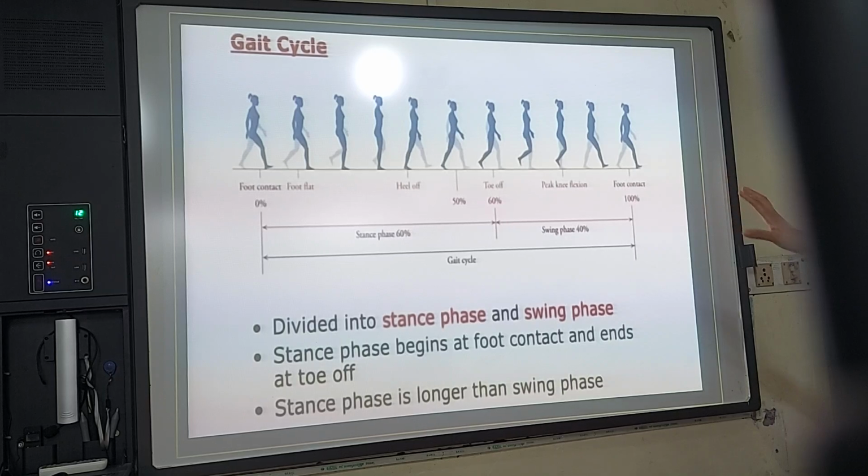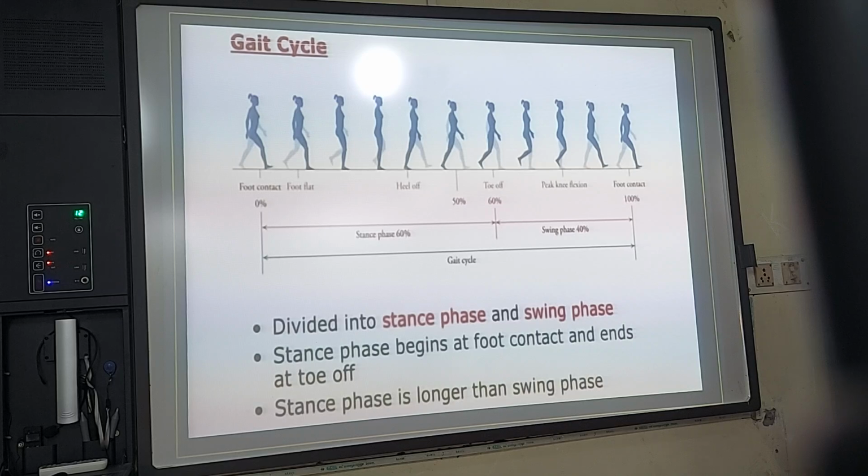Now let us revise it and put things back in their places. A gait cycle has a stance phase and a swing phase, and you all know that stance phase is 60% of the gait cycle and swing phase is only 40% of the gait cycle. But you need to know there is another thing. There is a double limb support phase which comprises 22% of the gait cycle. Double limb support is when both feet are on the ground, in contact with the floor.